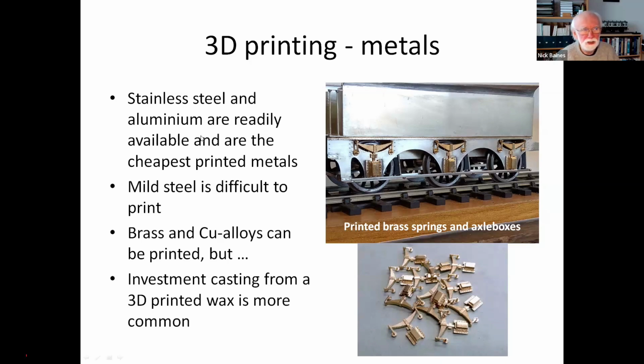Where I think 3D printing of metals is a useful thing is in stainless steel and aluminium. Mild steel is difficult to 3D print for technical reasons, which won't be overcome anytime soon. But stainless steel and aluminium, readily available, many people can do them. In many cases, they are cheaper than other materials. And if you're dealing with something like a wheel center, for example, where you're not going to want to solder it to anything, I think that they have